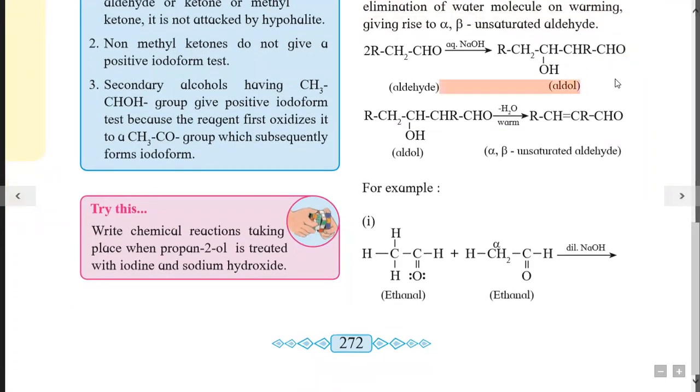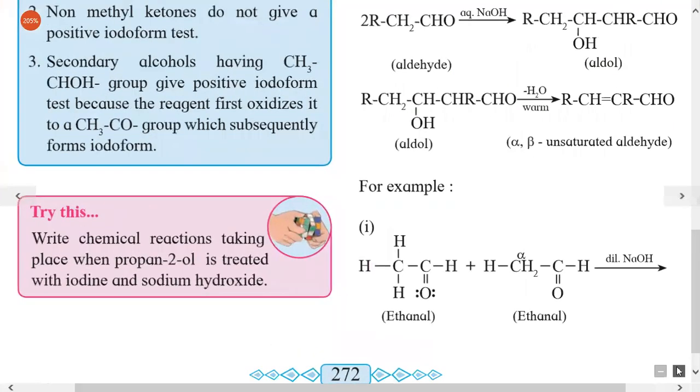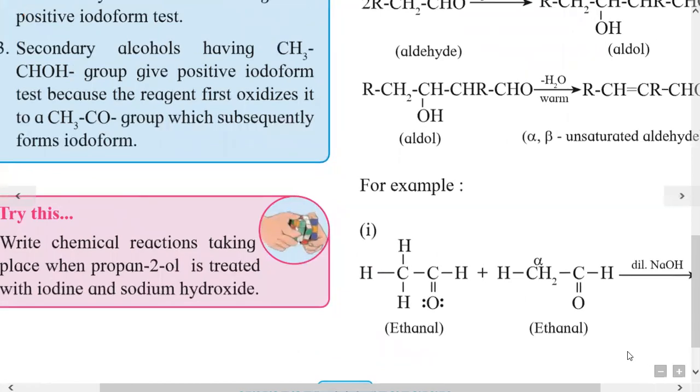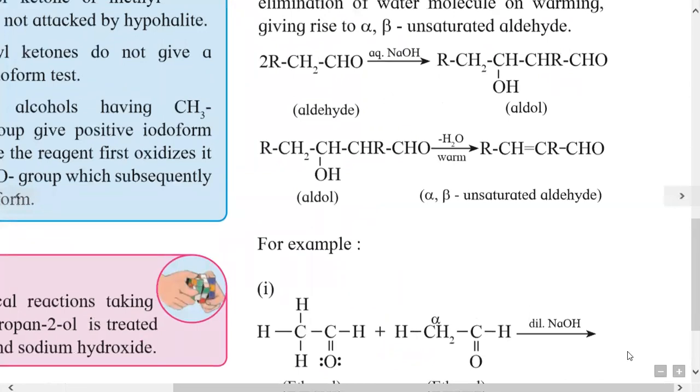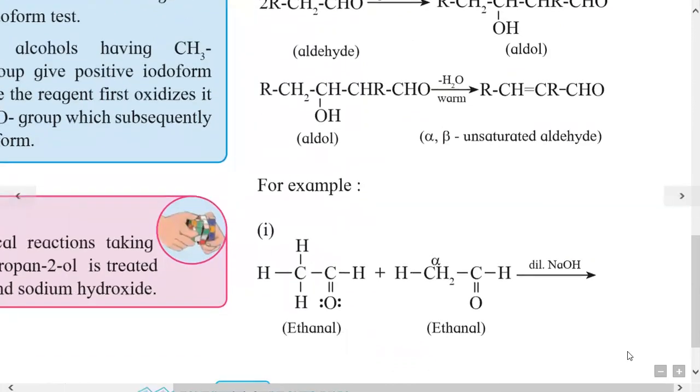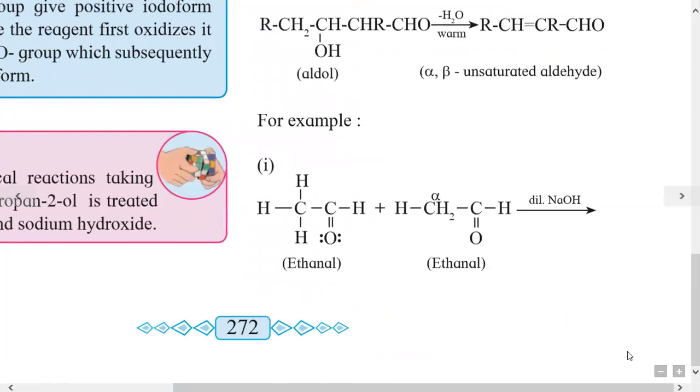The product obtained is called aldol, and when we remove a water molecule from this aldol, then we get alpha beta unsaturated aldehyde. So this is alpha beta unsaturated aldehyde. Why is it alpha beta? Because this is a carbonyl carbon. Next to the carbonyl carbon is called alpha. The next one is the beta carbon. So between alpha and beta carbon there is a double bond, and therefore this is called alpha beta